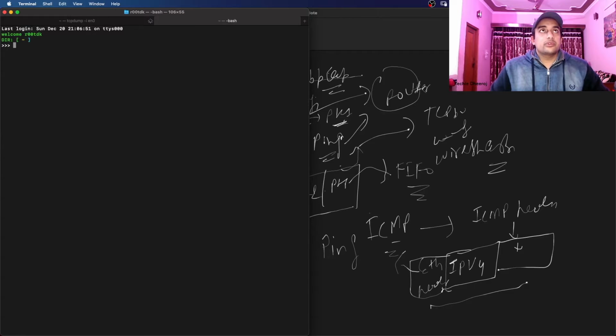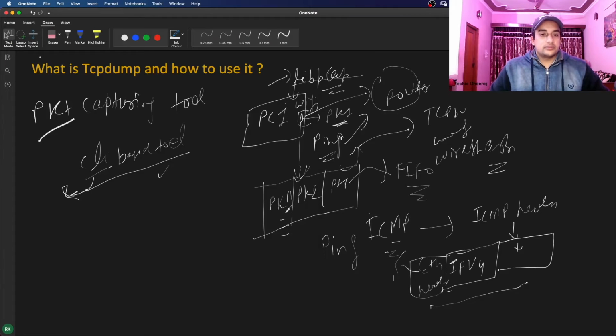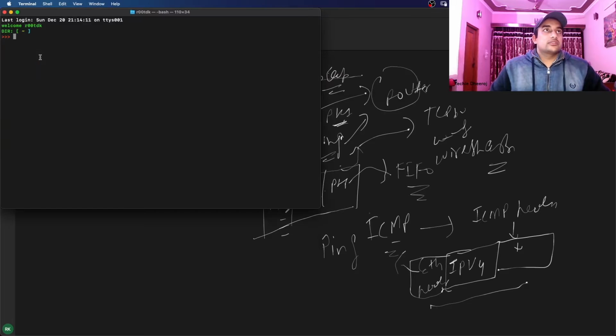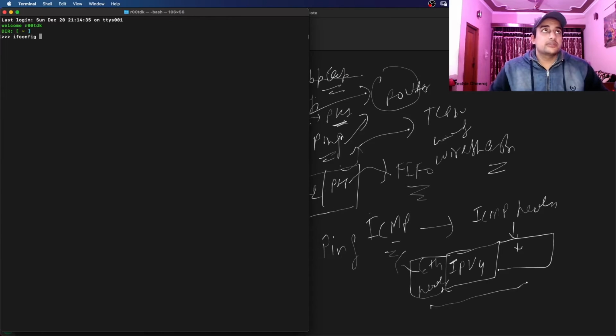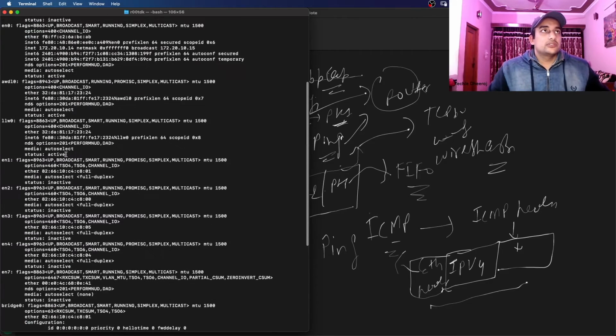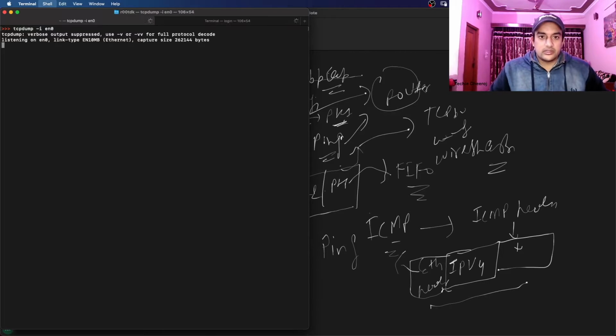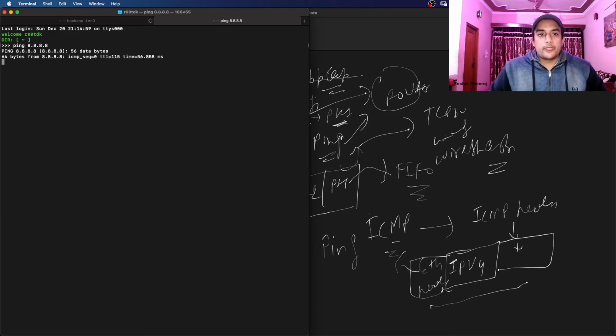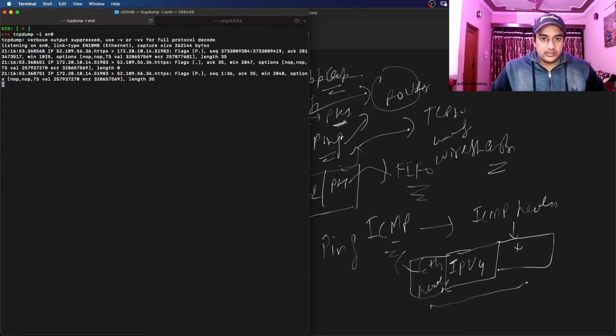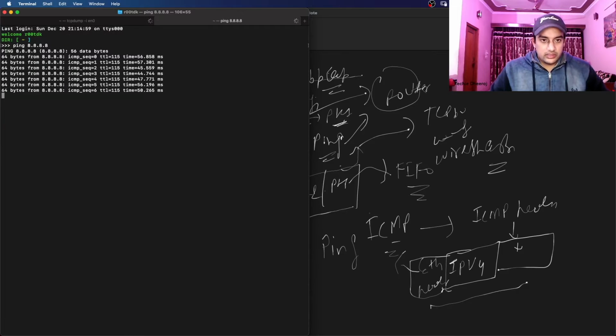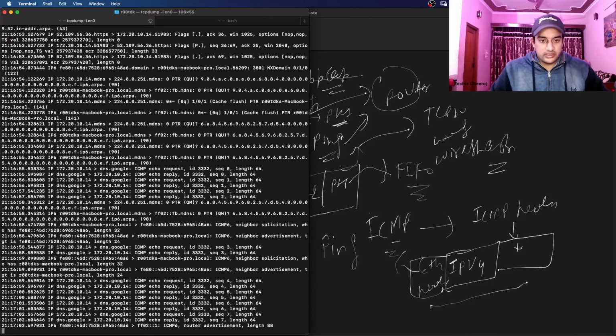So let me just open one more tab, and I can just ping. Let's just ping 8.8.8.8, which is Google's DNS server. Okay, I just accidentally closed it. Here's our terminal. So let me tell which interface I'm going to capture. en0 is the interface I'm going to use. So I'm going to start tcpdump -i en0, and it's going to start packet capturing, and I can open another tab and ping Google's DNS server, and I can see here packets are flowing. And then in the second tab I can stop this traffic sending.